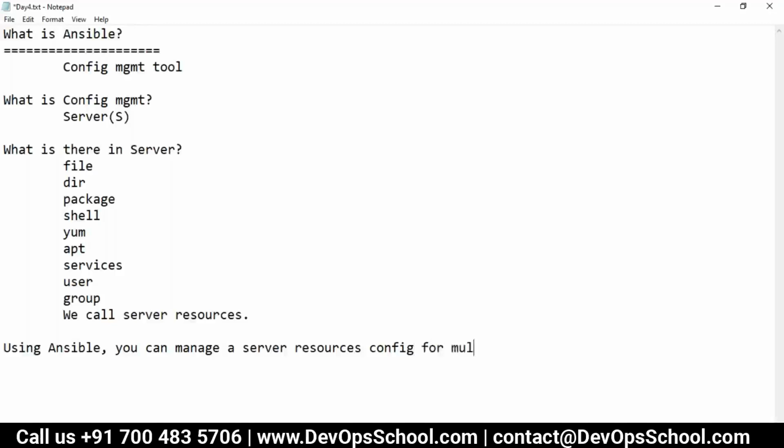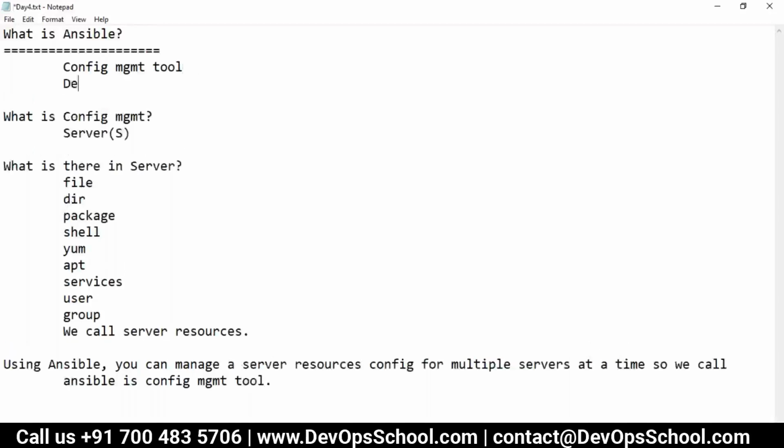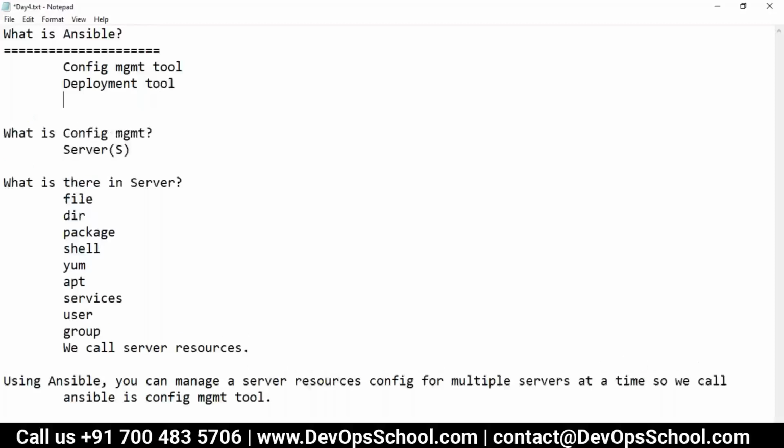For multiple servers at a time. So we call Ansible a config management tool. Did you understand this? Yes. Now many people call it a deployment tool also. Actually, you can do deployment also, configuration also, whatever you like. So many people say like that. Okay. So now the next question is,